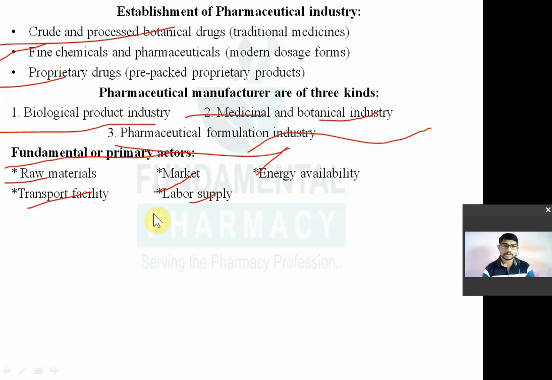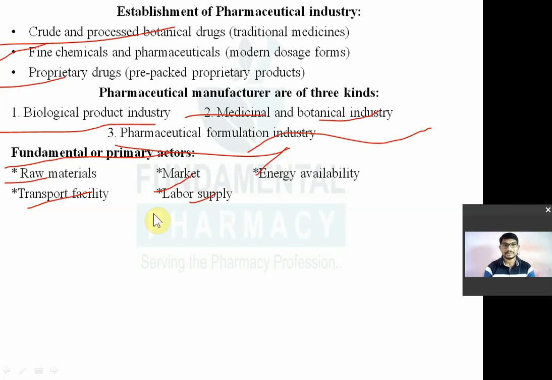Alone you are not going to work in your industry, you need labor. For that, labor should be accessible, there should be a labor supply. अगर आपने कुछ बहुत गांव खेड़ में इंडस्ट्री डाल दिया वहाँ पे लेबर ही नहीं मिलेगा. So skilled personnel or skilled labor is required. That's why most of the industry is present in the metro cities or well established cities. For example, Mumbai, Kolkata, Chennai, then Hyderabad, Aurangabad, etc., because these primary factors are available